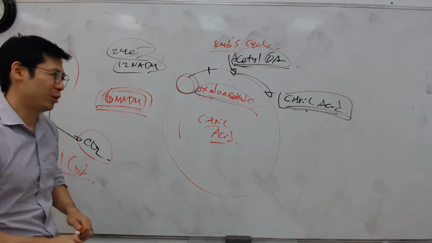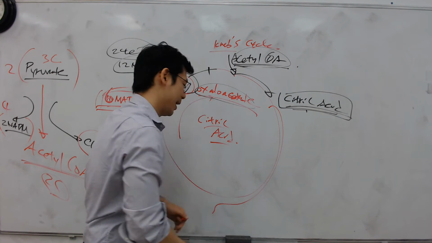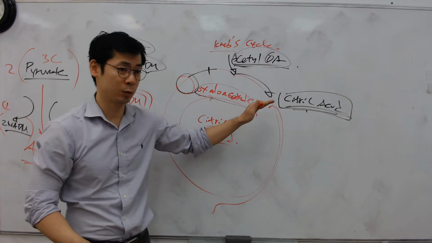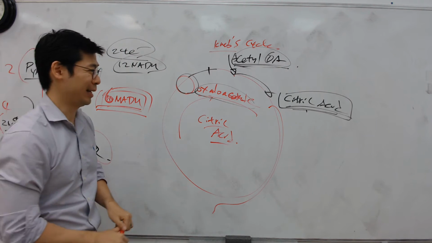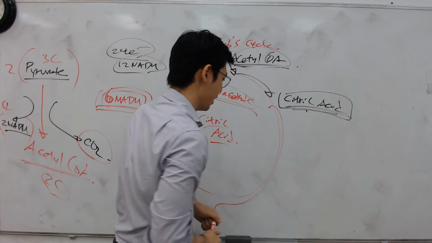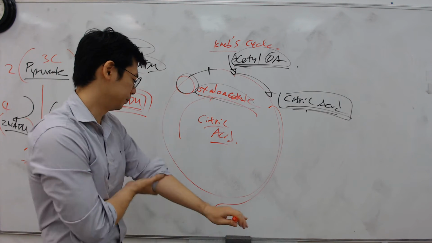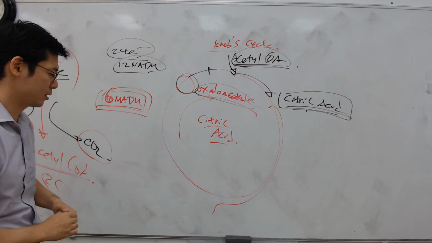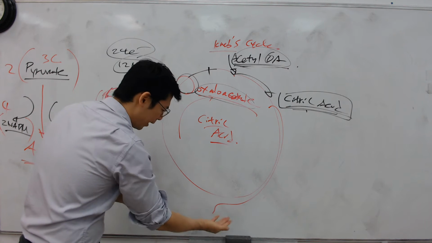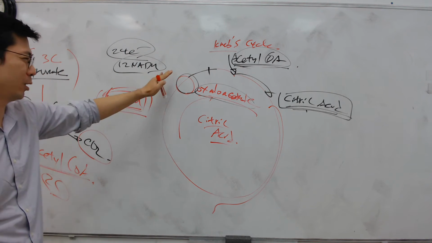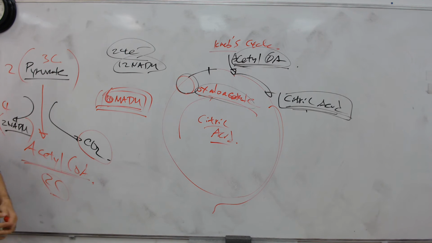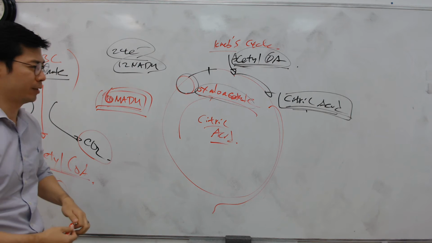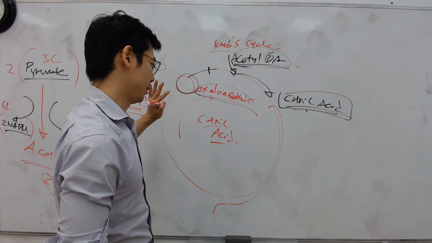The other stuff here, I don't think you have to know any of these steps. They call them isocitrate, succinate, succinyl-CoA, malate, and then oxaloacetate. For AP, I don't think you need all that. You can take a look at your reading if I provide it later. You don't have to know any of these steps.